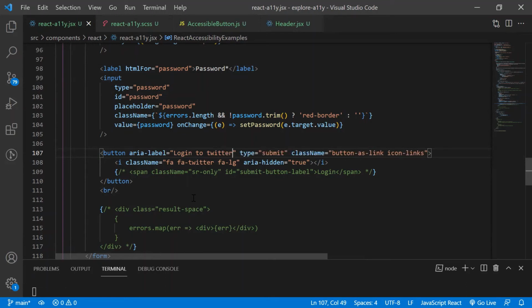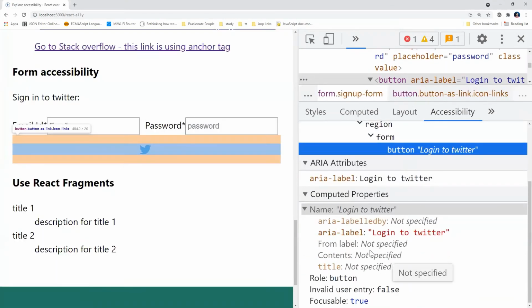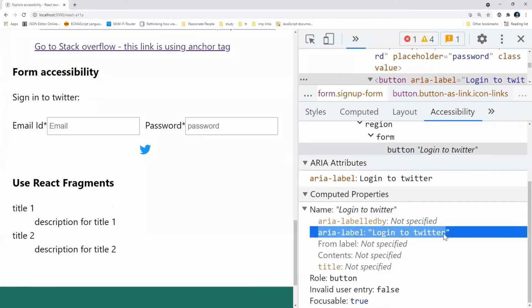So now what will happen if we see here, this button, you can see it has good information about it. When screen readers pronounce it, they are going to say "button, login to Twitter". So the user knows what this button does. I always used to use aria-label, but recently I read a very nice article,